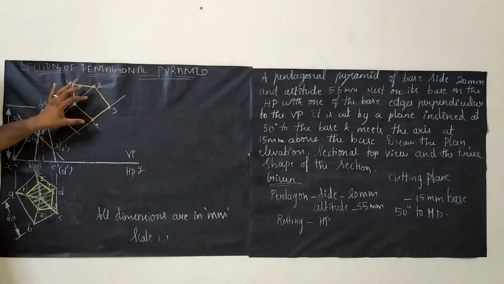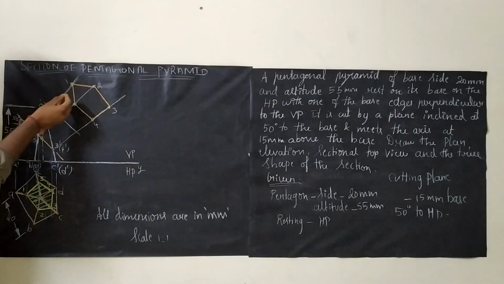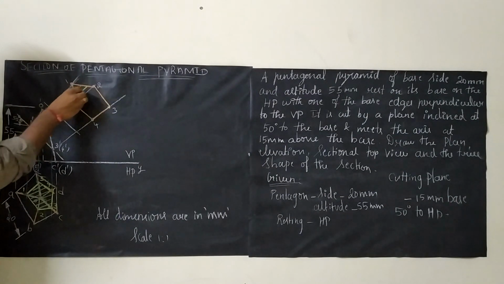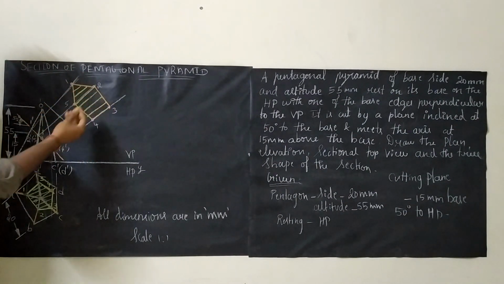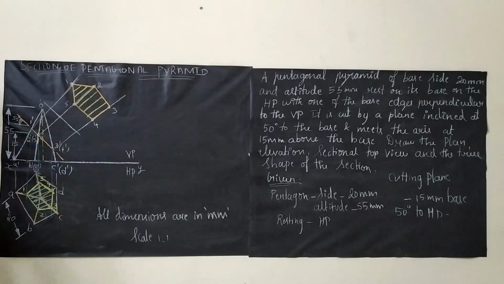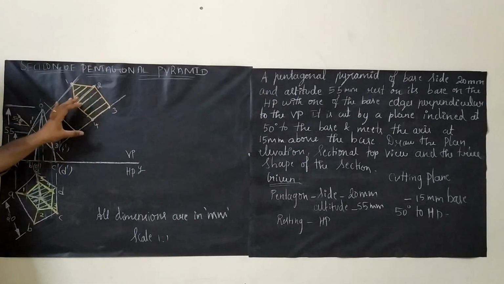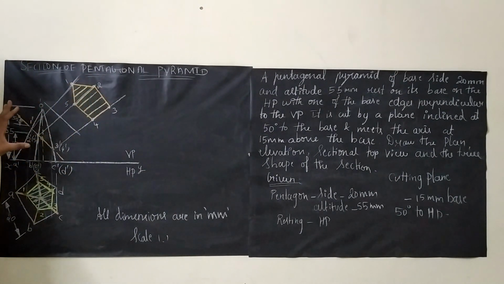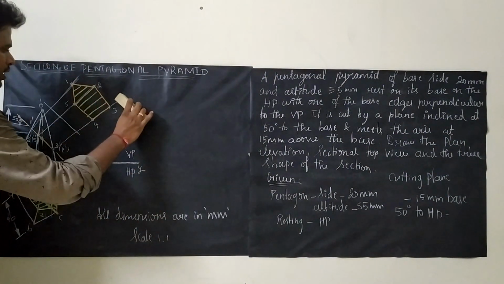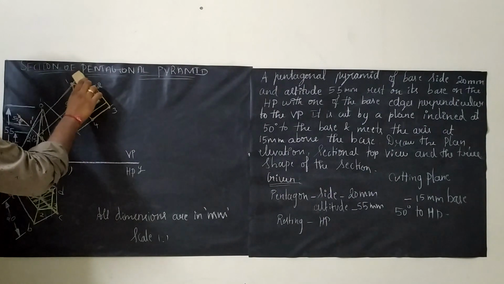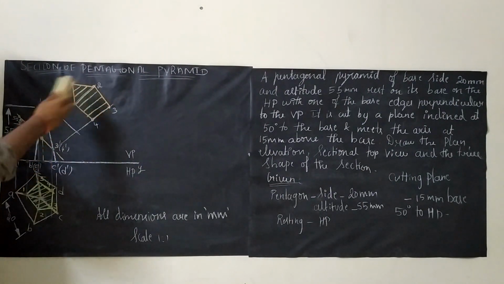So this part is called the true shape of the section and this can be hatched also. Hatching for 45 degree you can do. So just hatch it. Hatching is our own wish. Okay, 45 degree, or try to hatch with equal spacing. That's more important. So whatever we got here is the true shape of the section. So that's all. Try to rub out whatever unwanted things. See here, if these lines are unwanted you can rub them out. So this is the solution.